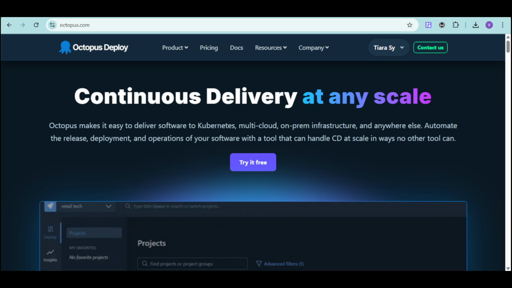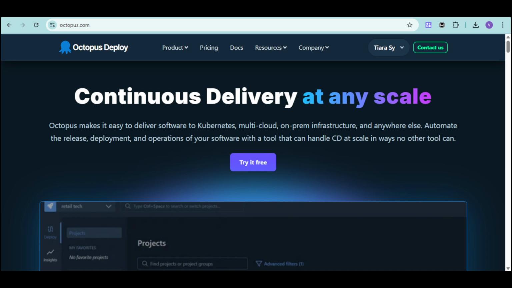Are you looking for a quick, professional way to automate application deployments, reduce errors, and scale your DevOps processes? Whether you're deploying to the cloud, on premises, or hybrid environment, Octopus Deploy helps you deliver software faster and more reliably. Octopus Deploy is a leading deployment automation tool designed to simplify and centralize the release and deployment